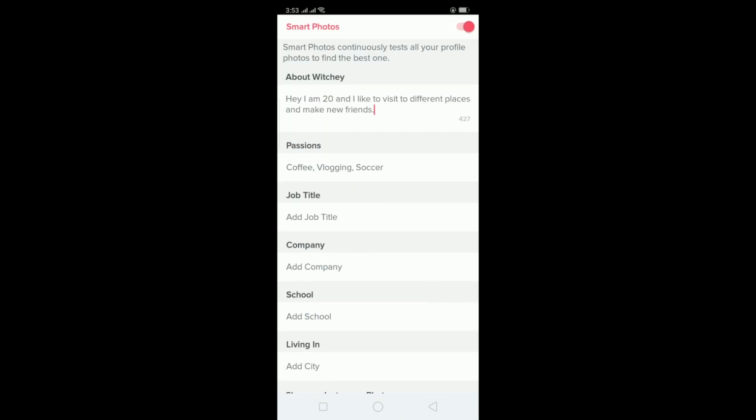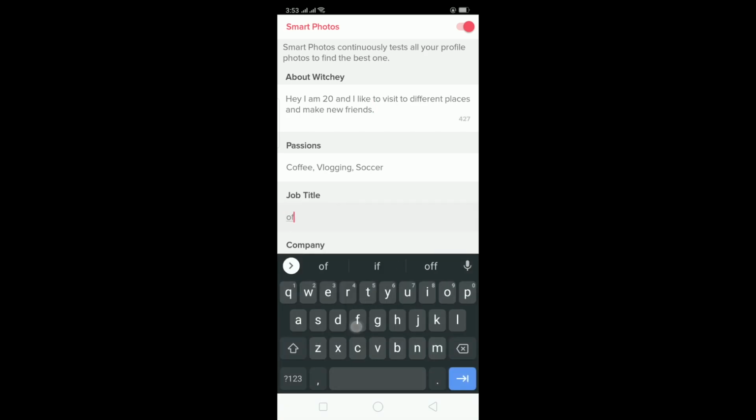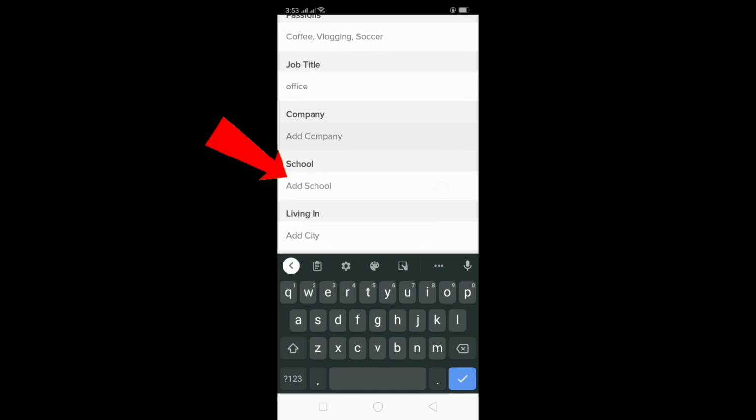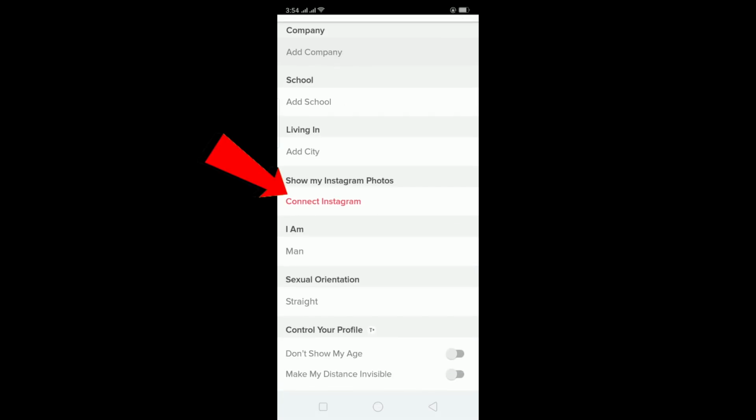And if you have a job, you can add the job title over here. Let's say office job. I can just go on it and type. And if you're working for a company, you can add the company name. If you are in school, you can add your school name. And if you want to show your Instagram photo on Tinder, you can click on connect Instagram and connect your